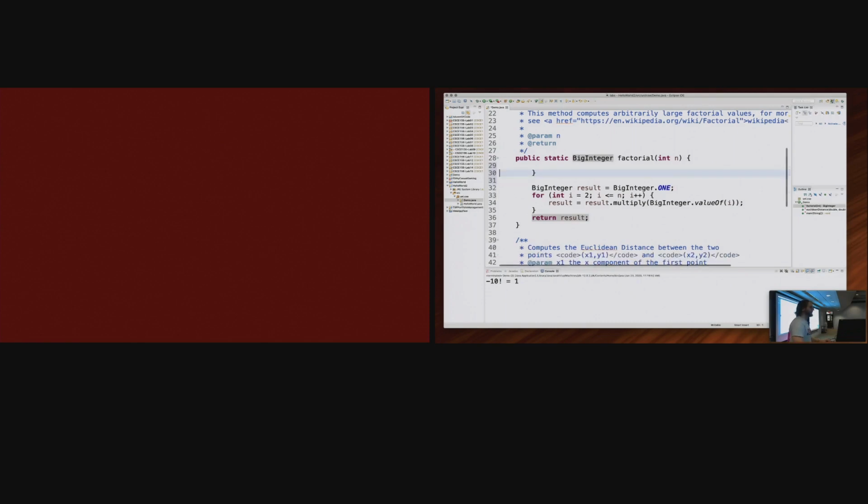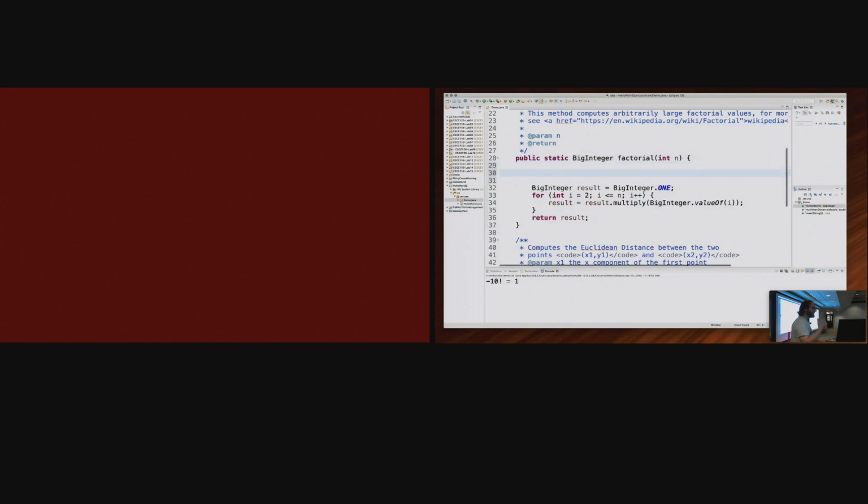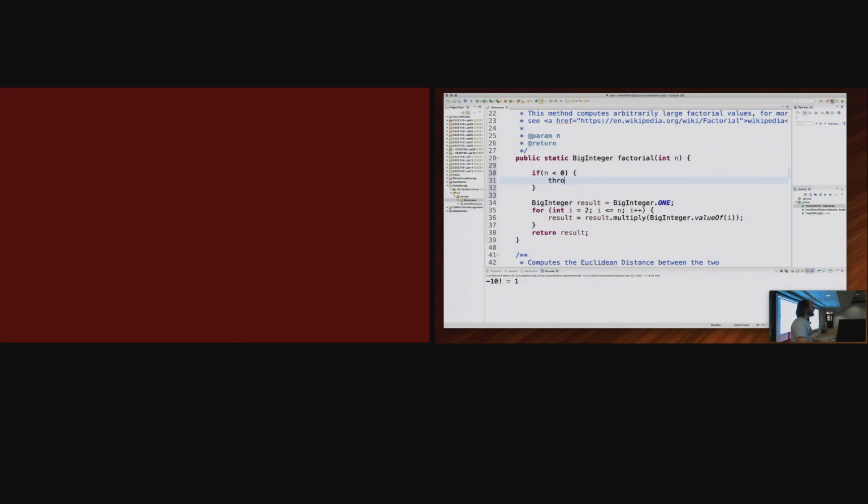But I can't do that in Java because I need my return value here. I don't have pass by reference in Java. I only have pass by value. So I can't do that kind of defensive and error code kind of error handling that we do in C. Instead, I'm going to check to see if n is 0. And then what I'm going to do is throw a new exception, runtime exception,